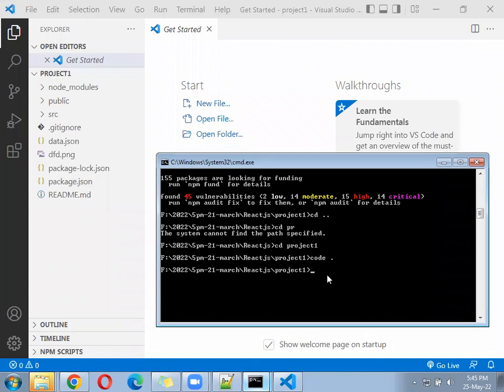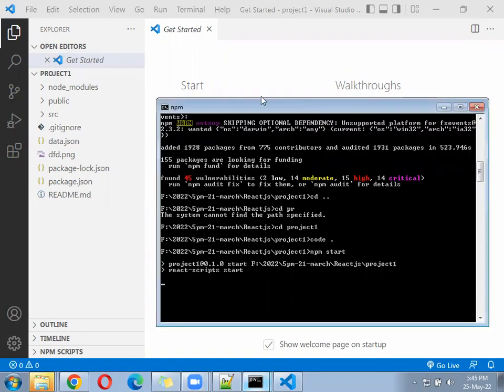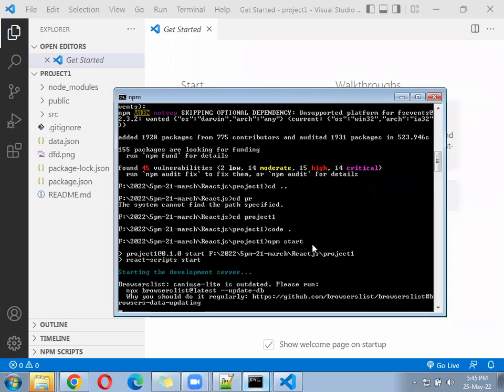The npm start command is going to compile your source code. Whichever source code you have in your project, compilation will happen on that. It will check whether the code is bug free or not. If everything is well, at last it will show you compiled successfully. That means your project is ready to execute in the browser.